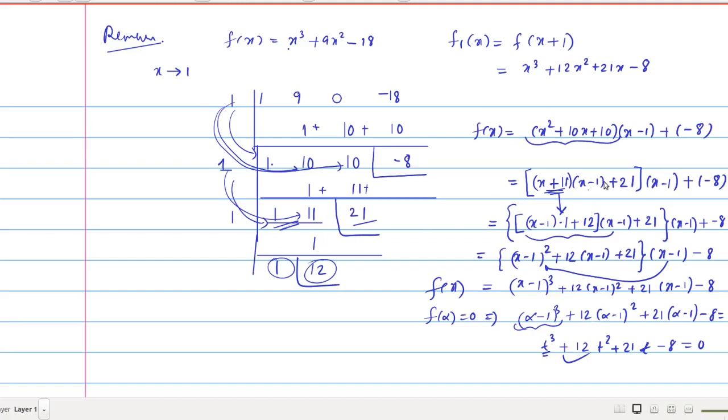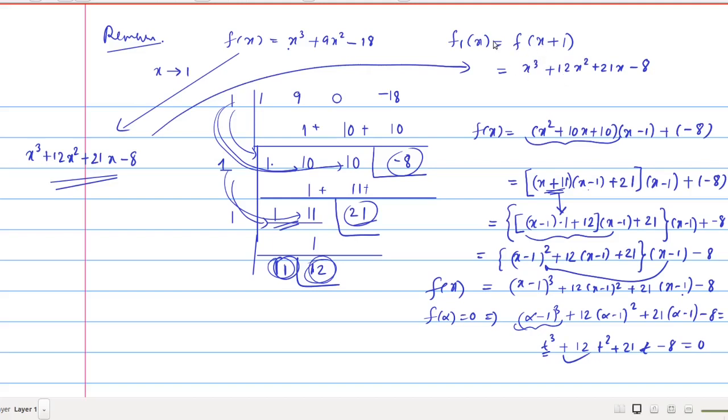Okay, so in order to write this polynomial, we need to collect these numbers 1, 12, 21, minus 8. Okay, so from this f of x, you can directly perform this synthetic division. You can directly get the numbers 1, 12, 21 and minus 8. Then using these numbers, you can write x cube plus 12x square plus 21x minus 8. Okay, so this is exactly the same as what we have obtained here by replacing x by x plus 1 in f of x. Okay, so you can use either of these methods